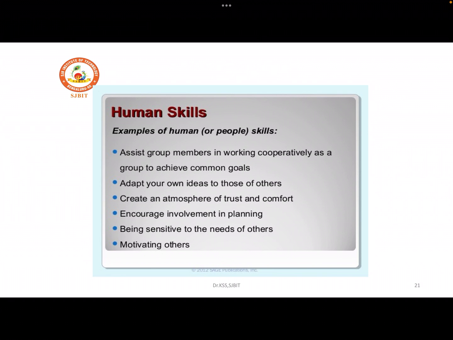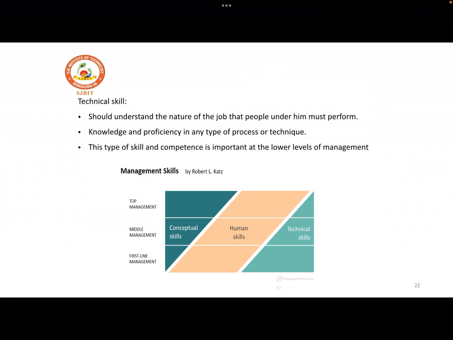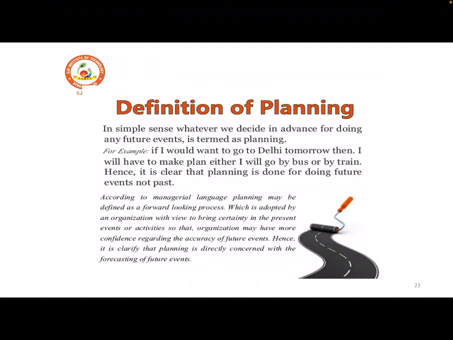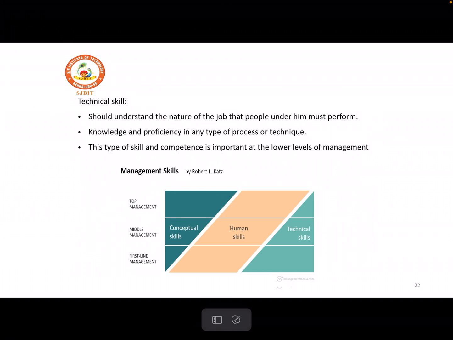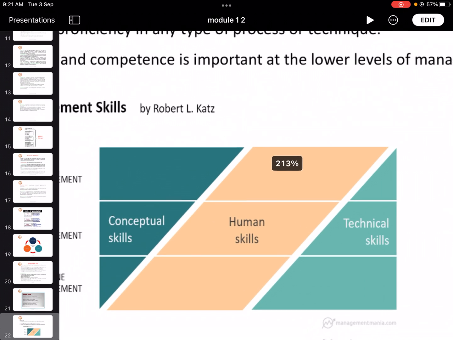Conceptual skills, human skills, technical skills. Let us see this diagram. What is the percentage of skills top management, middle management, or first line management should have? If you observe here,